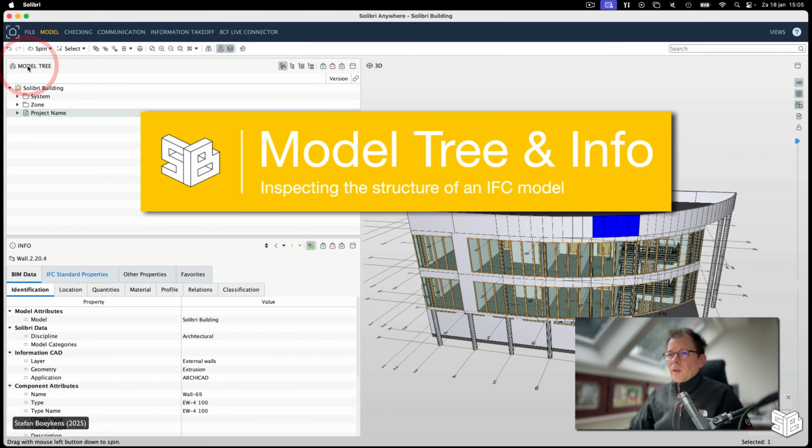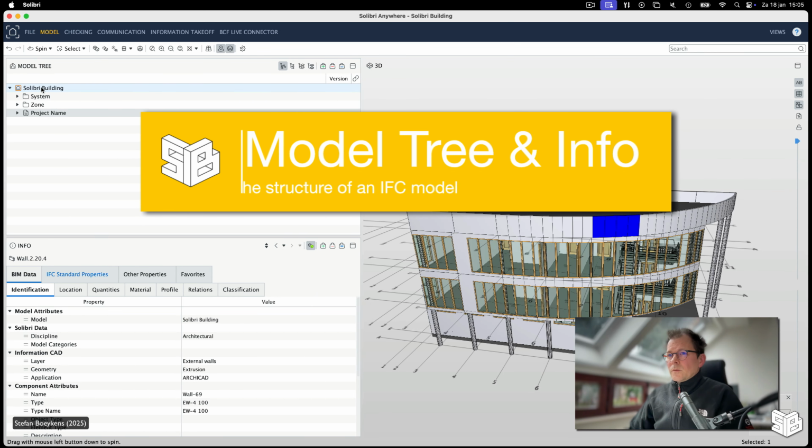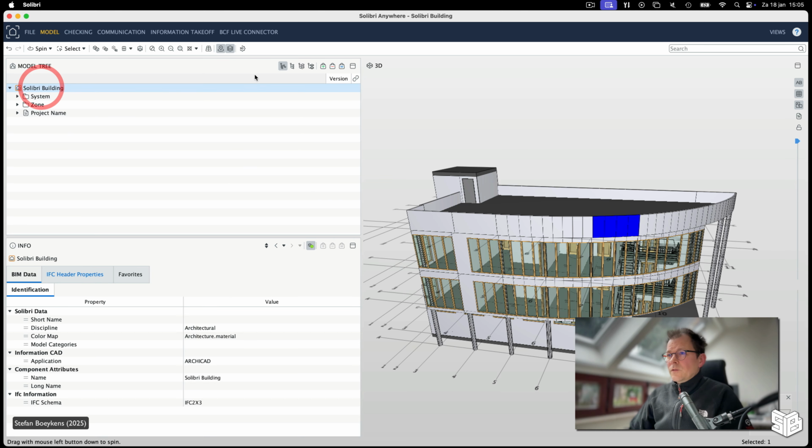In the model tree, you see the structure of the model. The structure of the model can be shown in different ways, and the first one is the containment hierarchy. The containment hierarchy shows the spatial structure of the model, starting from the top, which is the file level, going